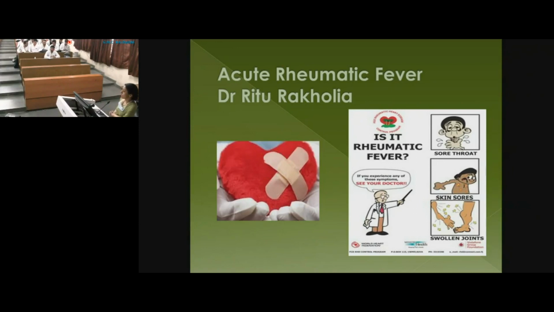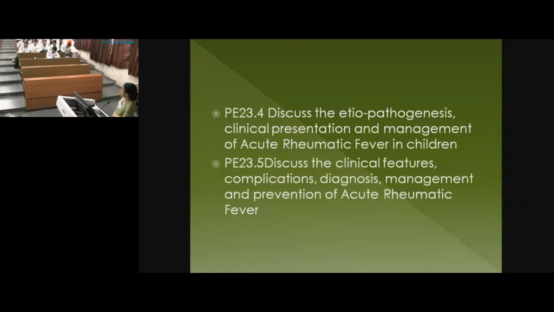Right? So again, we have a huge chunk of heart diseases which are congenital. Usually we have VSD, ASD, TOF, which is congenital, and this is the bulk of heart disease, which is because of rheumatic, that is acquired, that is because of streptococcal infection. So actually you're supposed to know, we are going to study why it occurs, how it occurs, right? What are the clinical features, and if it can be prevented.